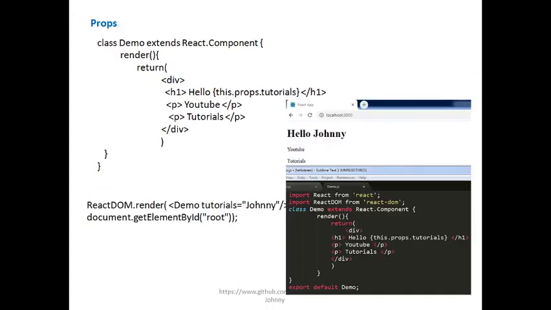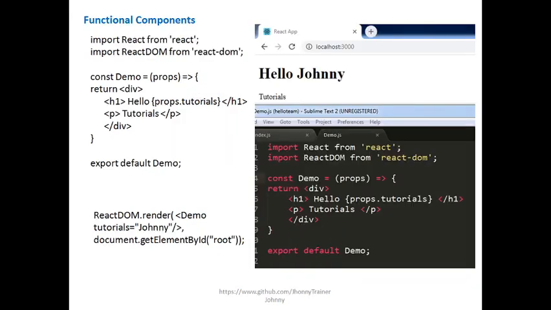Next we have learned about props. As we have discussed, props are similar to attributes for an image or an anchor tag. So here props is used. We have used a name as Johnny, and we are trying to render this. Next we have done a basic example of a function component. If you have any queries in this, you can just look into the previous sessions of the tutorials. It will have a complete overview with practical and theory notes.